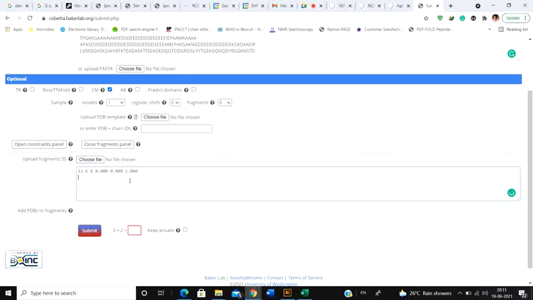So like that I am going to upload the secondary structure of the part that I know, because that is going to help the protein. Rather than predicting the entire structure, I am already providing some information that this is the structure of this particular portion of the molecule, and it's going to analyze the rest.